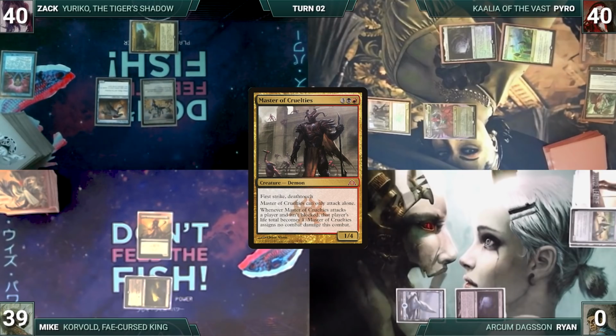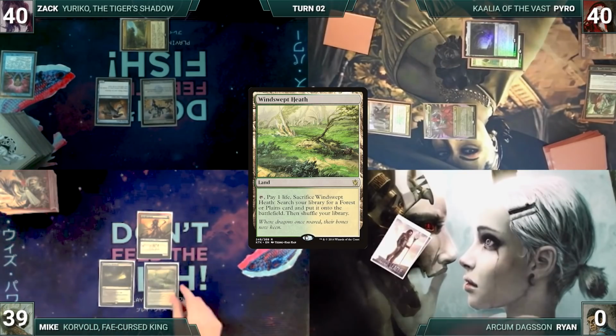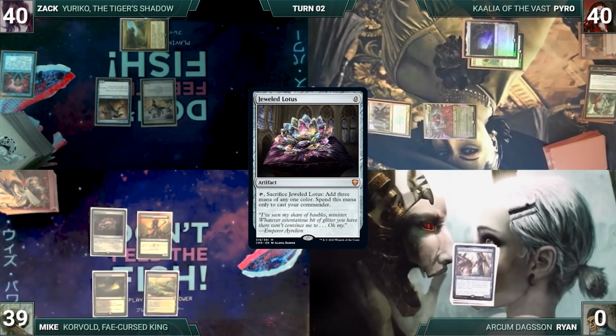Pyro passes the turn. Mike draws and plays a Windswept Heath. He casts a Jeweled Lotus of his own. He cracks his Jeweled Lotus and taps his Nurturing Peatland and Elves of Deep Shadow to help cast his commander,